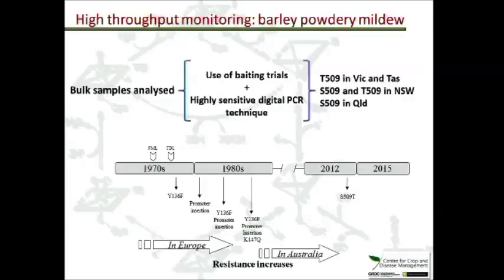So when using this technique, we have been monitoring the situation with barley powdery mildew. Rather than analyzing single spore isolates, which takes a really long time to prepare, we do bulk sample analysis. We use baiting trials combined with this sophisticated, highly sensitive technique, and we identify the